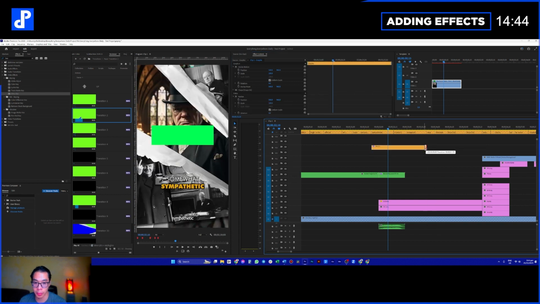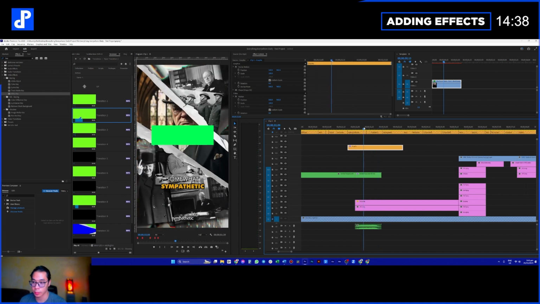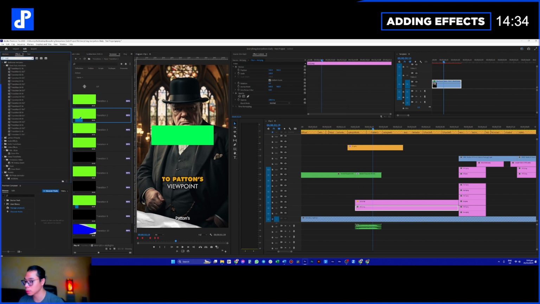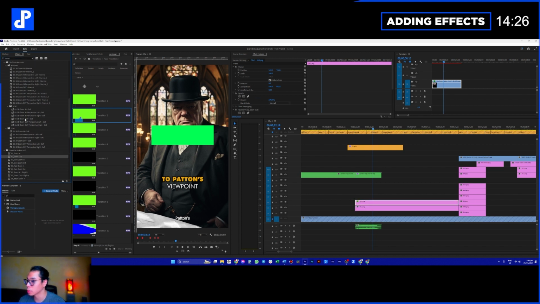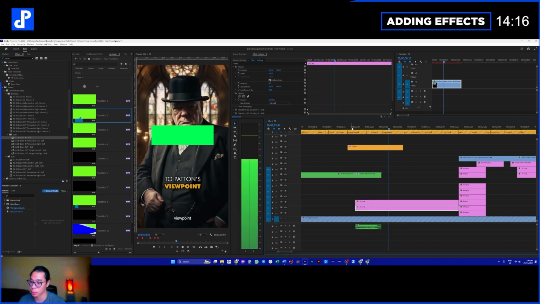Somehow sympathetic to viewpoint. Pathetic to patent. So we will add another zoom here. I really like the zoom here. I always add zoom, but different kinds of zoom, not just one zoom. Pathetic to patent's viewpoint was